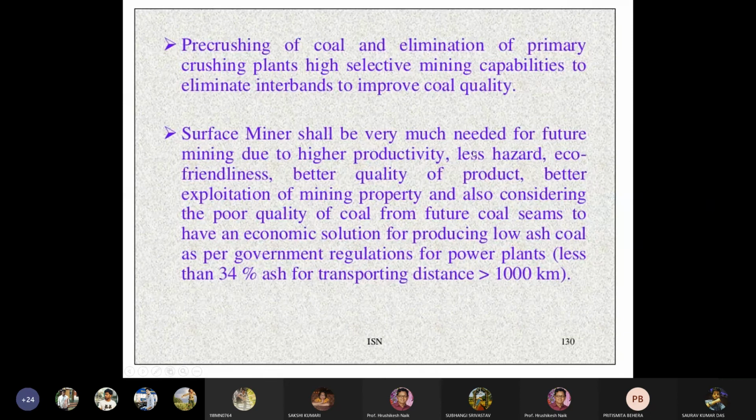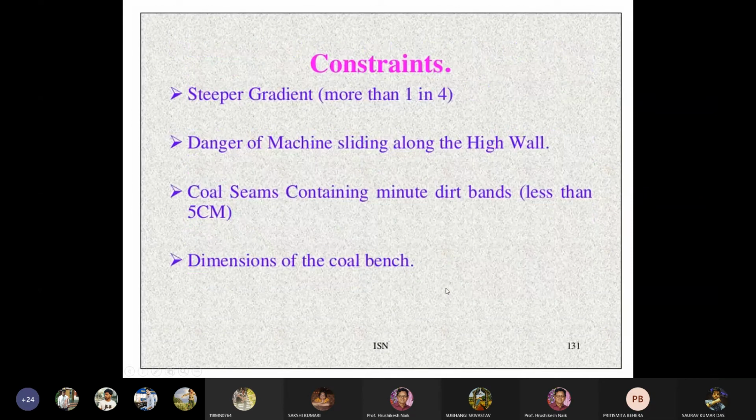Surface miners allow future mining due to higher productivity, less hazard, eco-friendliness, better quality of product, and better exploitation of mining property. Also, considering the poor quality of coal from future coal seams, they offer an economic solution for producing low-ash coal as per government regulation for power plants: less than 34% ash for transporting distance more than 1,000 kilometers.